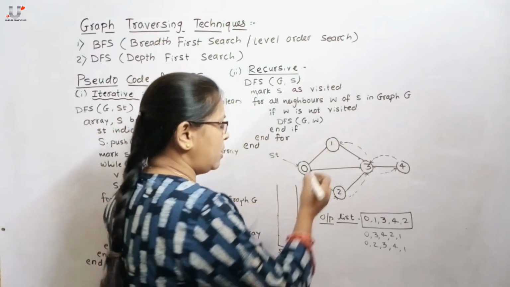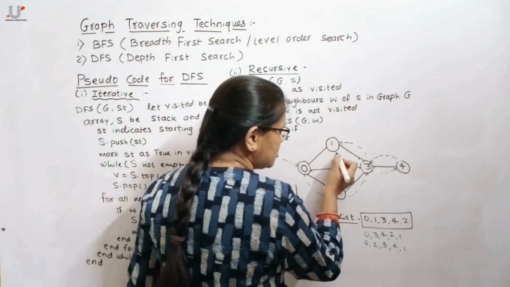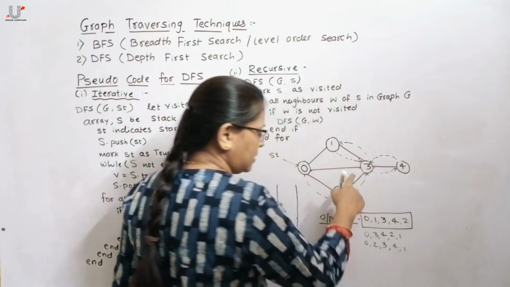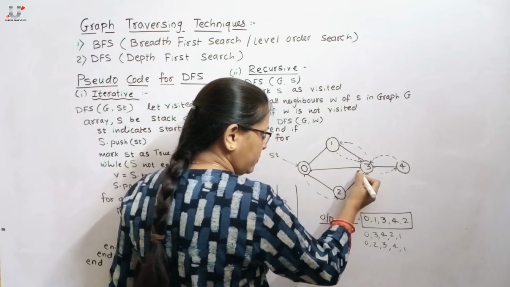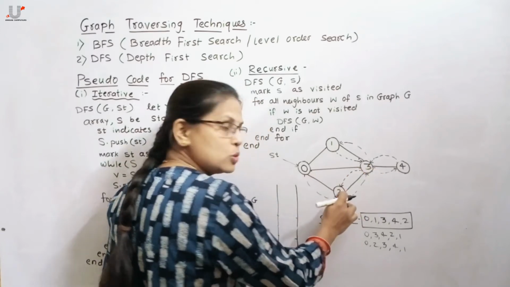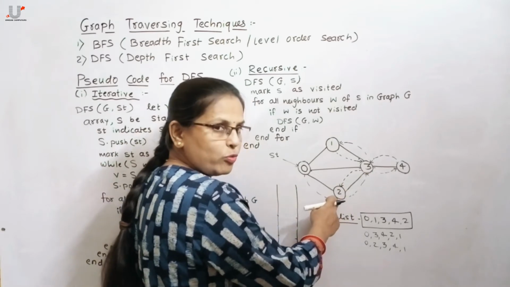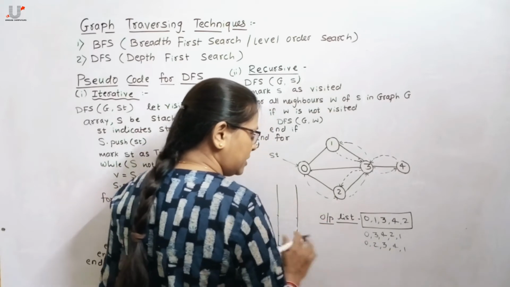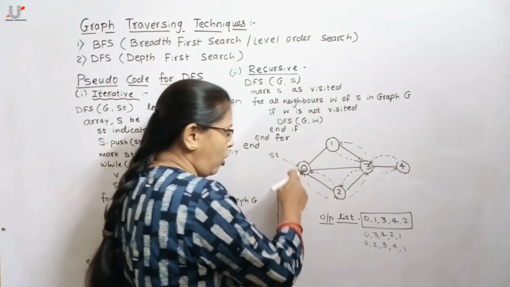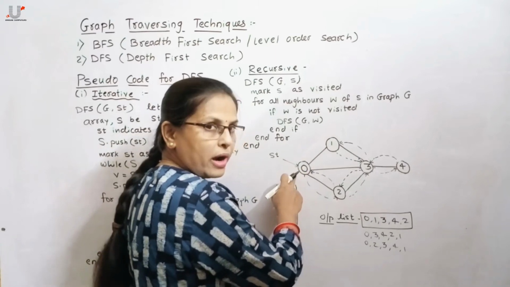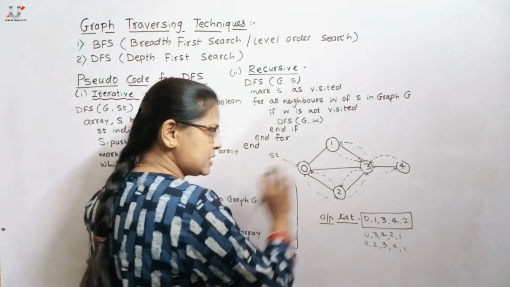No, nothing is an unvisited adjacent node of this 1, so backtrack to 3 again. Then as 3 has already been processed, backtrack to its previous location, so it's 2. As all the adjacent nodes of 2 have already been processed and are present in the output list, again backtrack to 0. As it's the starting node and all the adjacent nodes of this 0 are already explored, this is another valid output of the same graph.